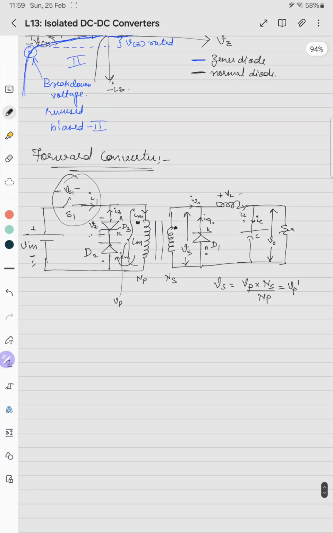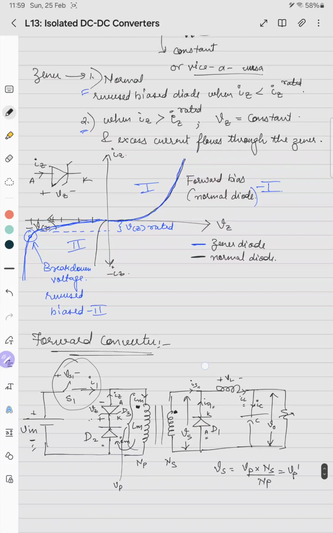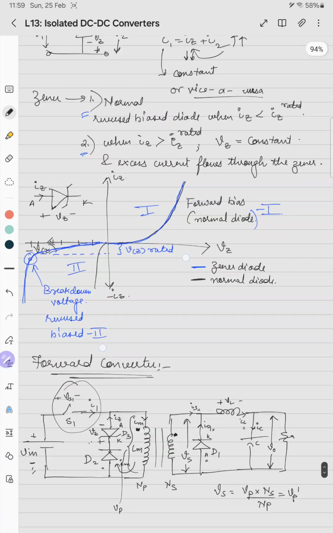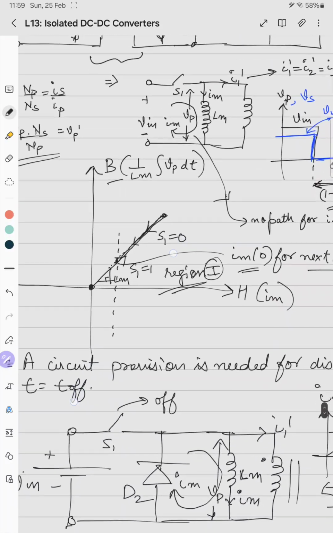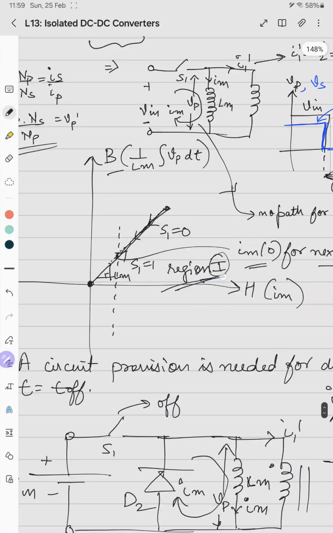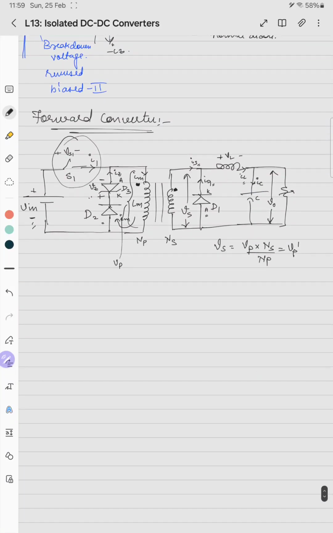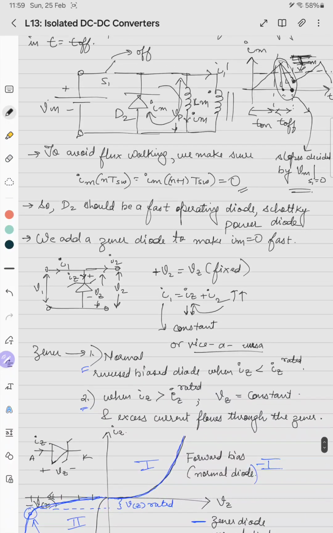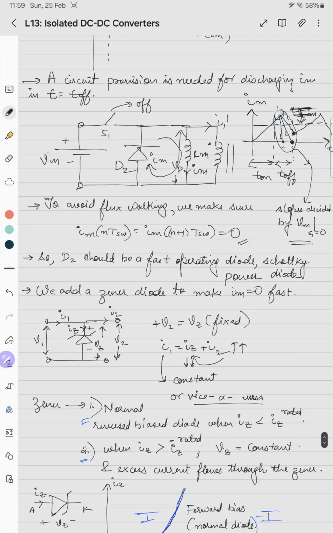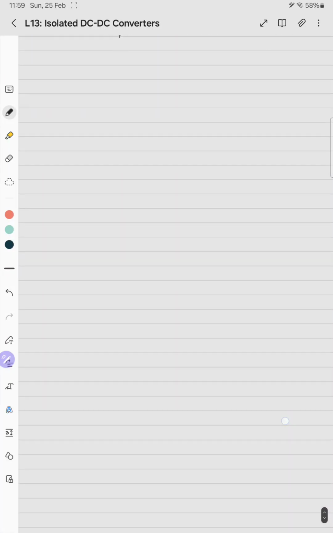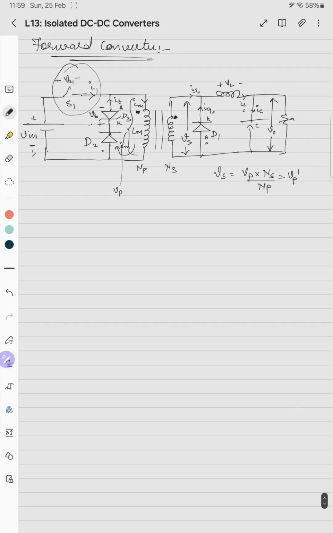So this becomes our buck derived isolated DC-DC converter, which is called a forward converter. In the forward converter, the transformer operates, yeah, on the BH curve, only in region number 1, only in the forward region. That's why the name is forward converter. So IM just goes from 0 to some IM, which is equal to this peak value. So if we just draw the waveform,